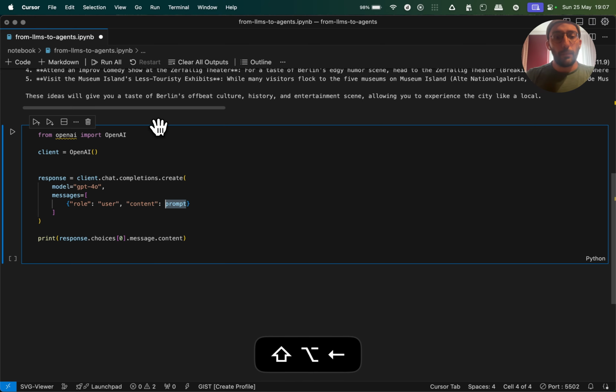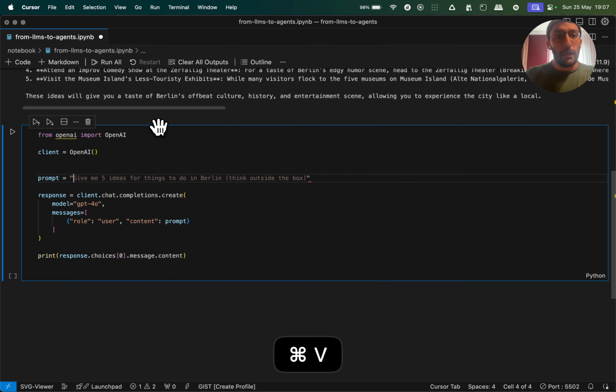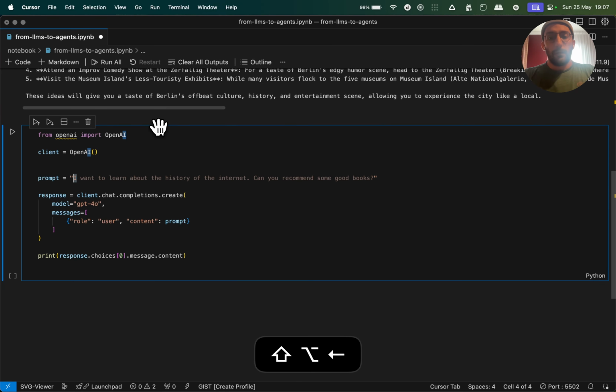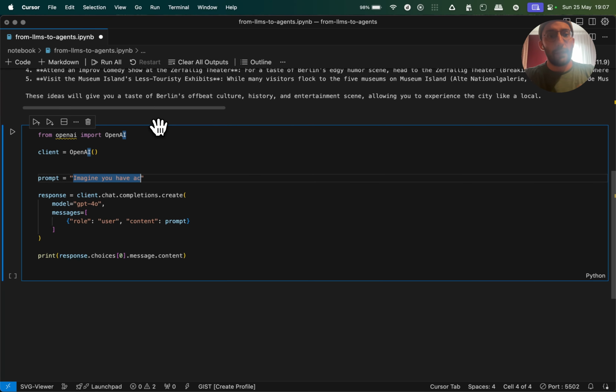And the prompt that I'm going to send to this model is going to be this, okay? Imagine you have access to a calculator function called calculate.